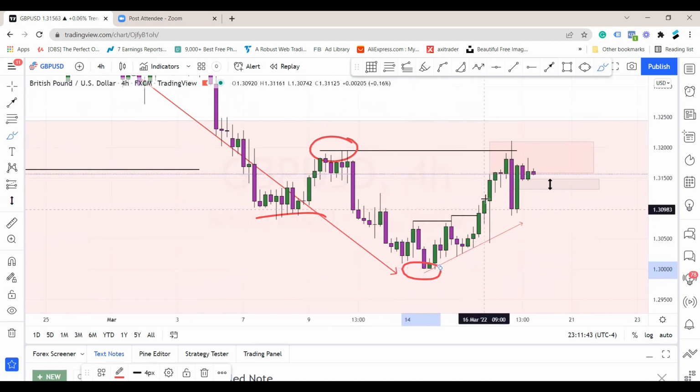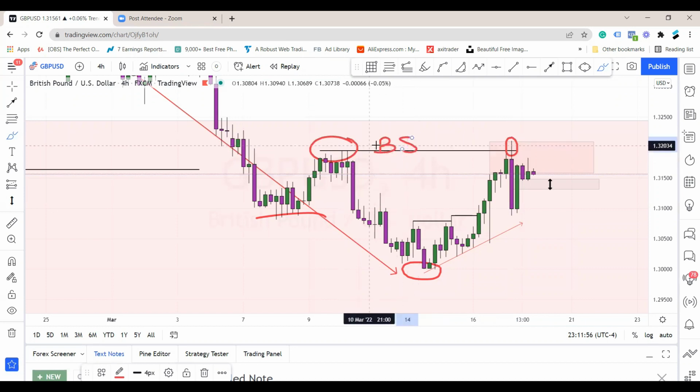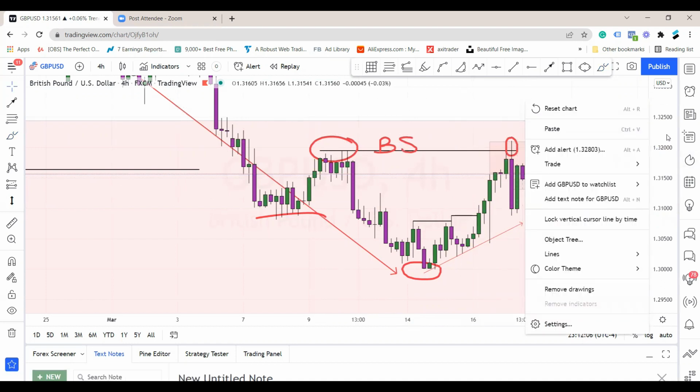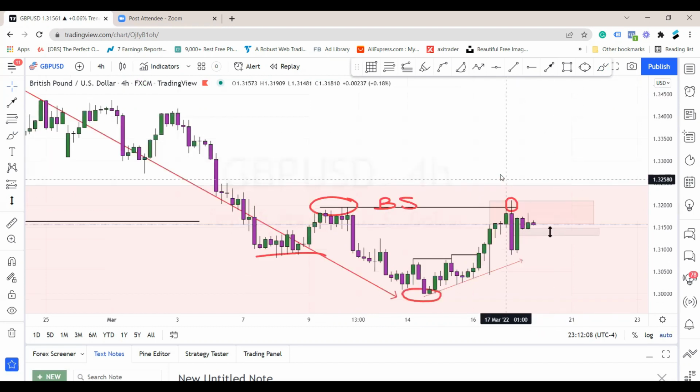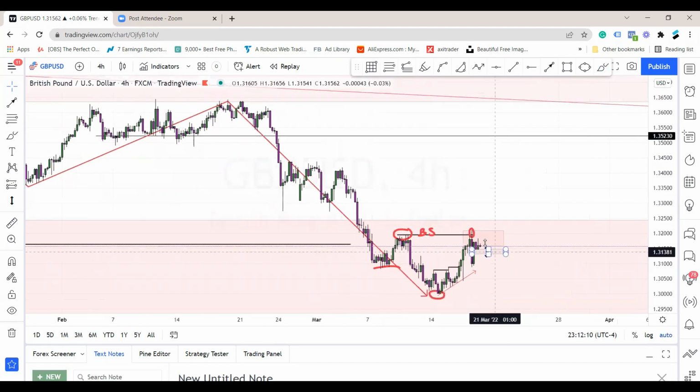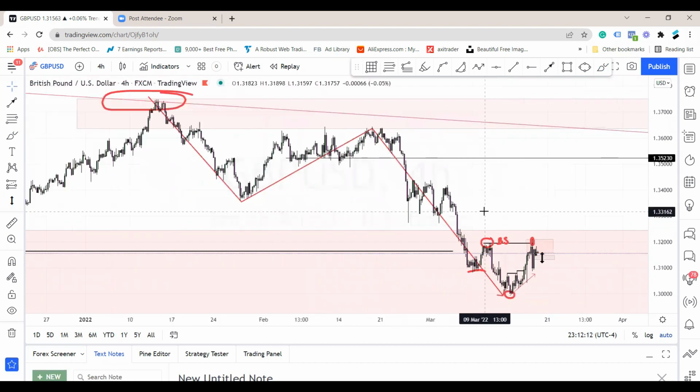Price retraces up. See this wick here? This wick takes out this high. So we have a break of structure, right? Structure break. And price retraces lower. So this tells me that price wants to go higher, right? So this actually goes with what I mentioned, right? We expect price to go lower, but before it goes lower, we can expect the price to actually move higher,